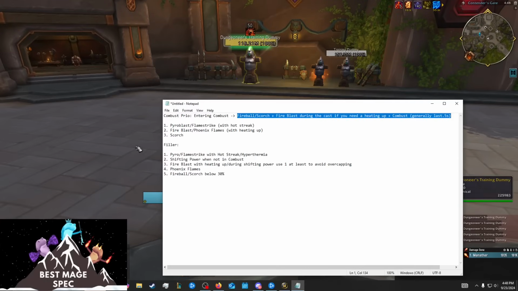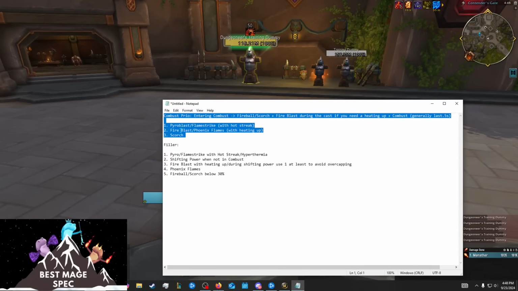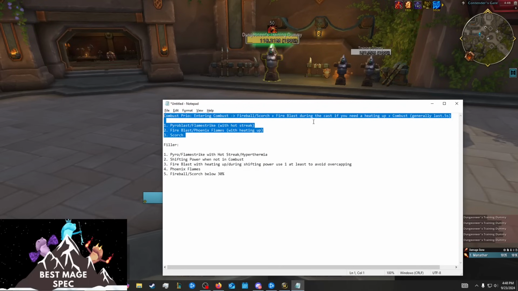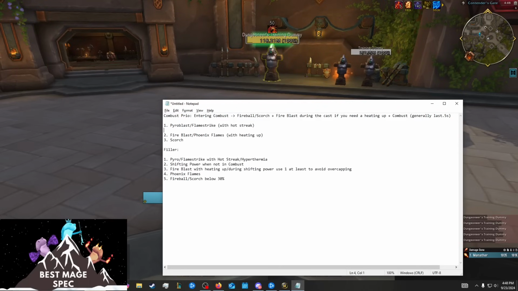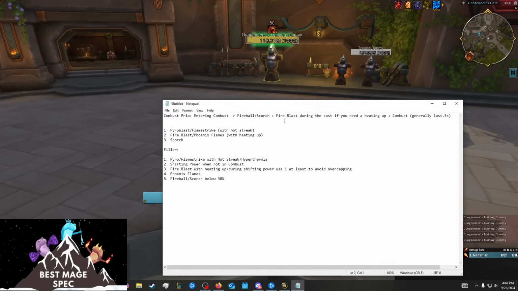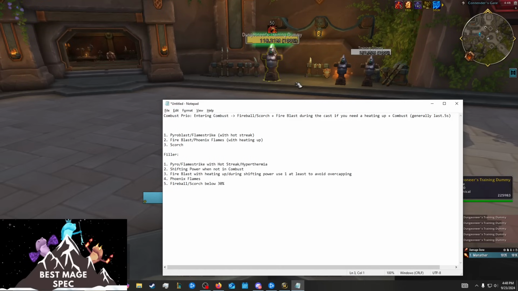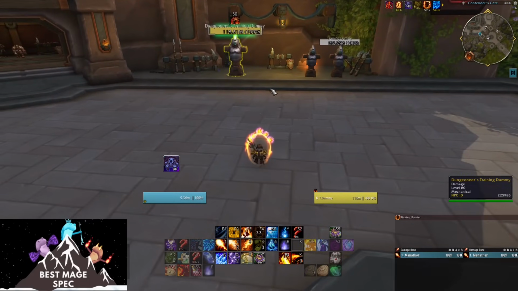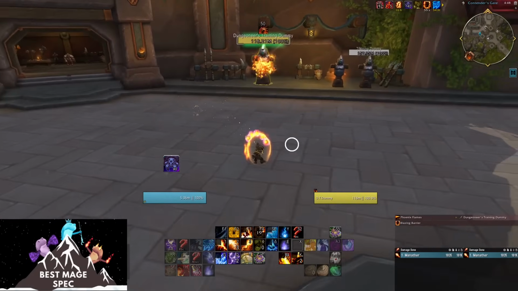But we're just gonna go through a quick combustion priority, right? Where it's just alternating between essentially Pyroblast and Fireblast, or Pyroblast and Phoenix Flames, or Pyroblast and Scorch if you run out of stuff. Okay. One of the things to note is if you do enter combust without a heating up, right? That's not gonna happen. So to get a heating up before I enter combustion, I'm just gonna Phoenix Flames,